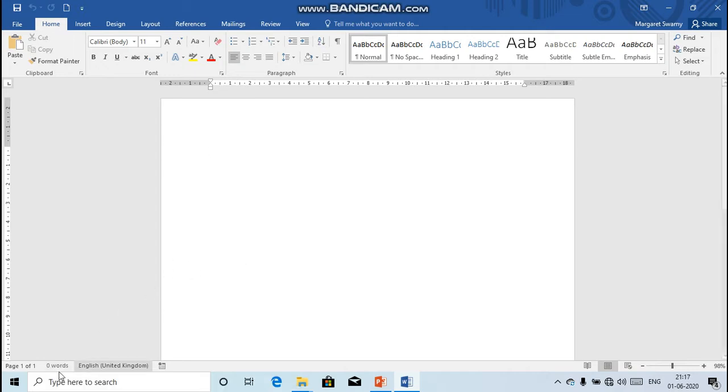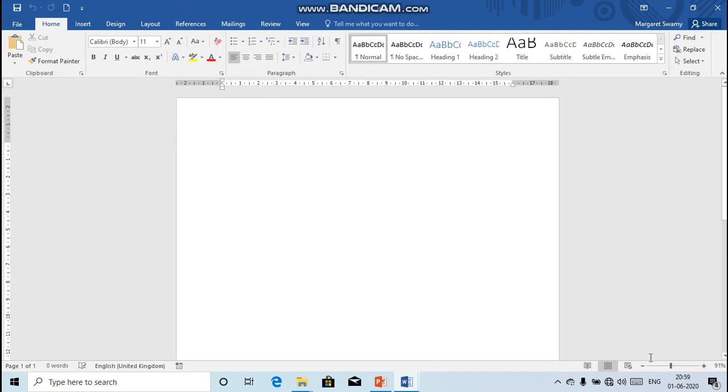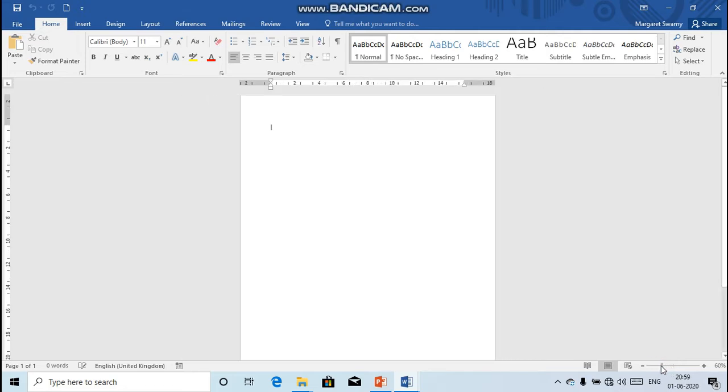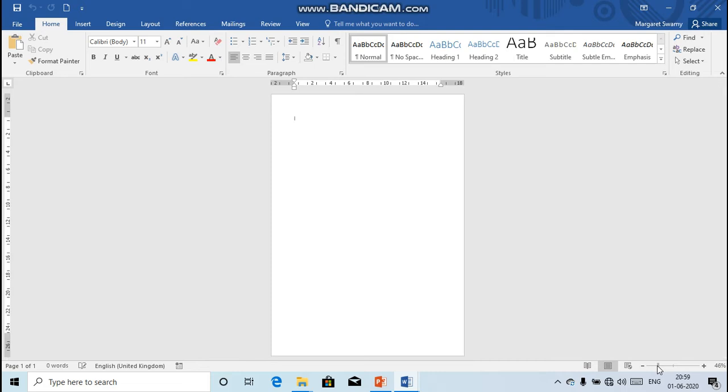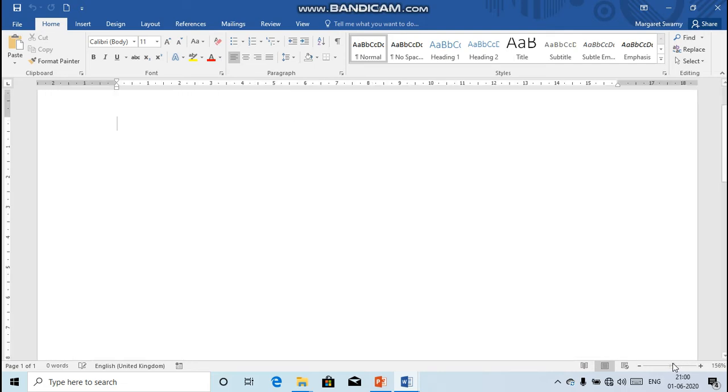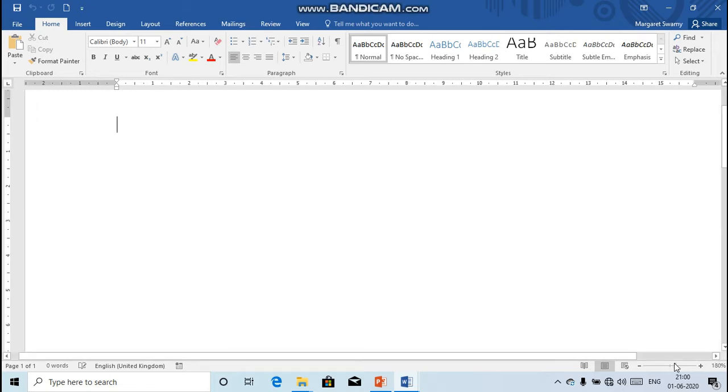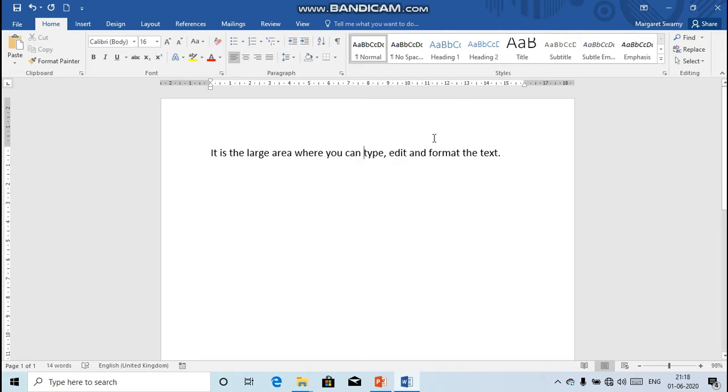Here we can see a minus and a plus. This is called the zoom slider. If I go to the minus, it will reduce the size, and if I go to the plus, it will increase the size.